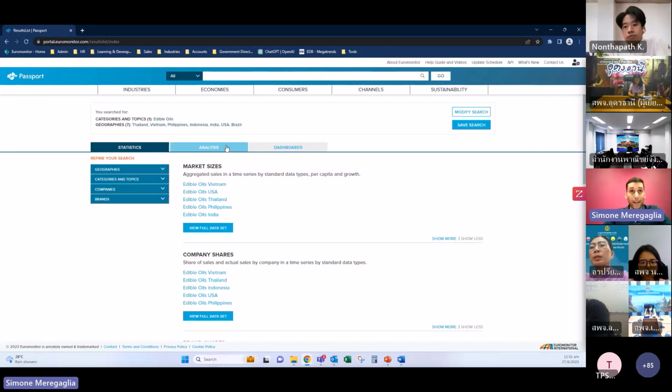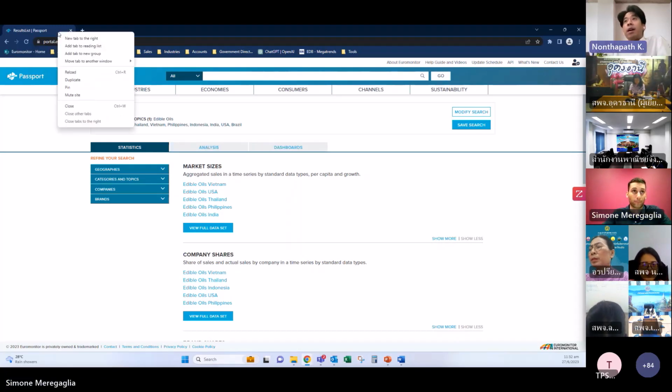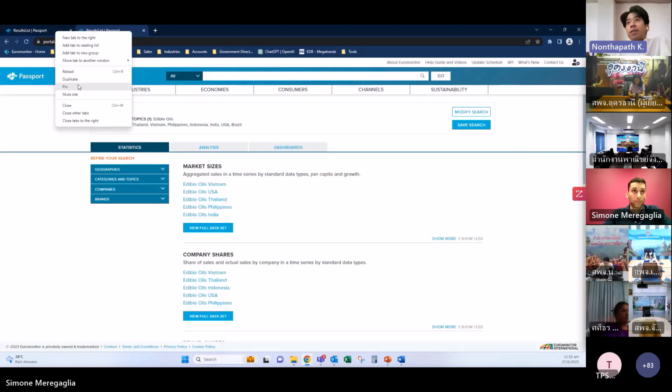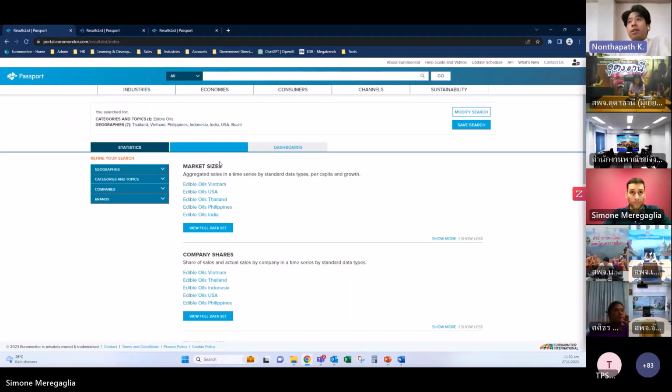And here you have 3 pillars. It's statistics, analysis, and dashboards. We will see all of them one by one. ครับพอมาอยู่ที่หน้านี้แล้วเราก็จะเห็นในกล่องตรงกลางครับจะเขียนว่าหัวข้อที่เรา search ซึ่งตอนนี้จะเป็นน้ำมันพืชบรรทัดต่อมาจะเป็น geography ครับคือประเทศที่เราเลือกไว้ครับซึ่งอันนี้ถ้าเราอยากจะแก้ไขก็ไปทางมุมขวาบนได้จะมีปุ่ม modify search ให้เรากดแก้ได้ครับและหลักๆของหน้านี้ที่เราต้องดูก็จะมี3ส่วนด้วยกันครับคือ statistics analysis แล้วก็ dashboard ครับ